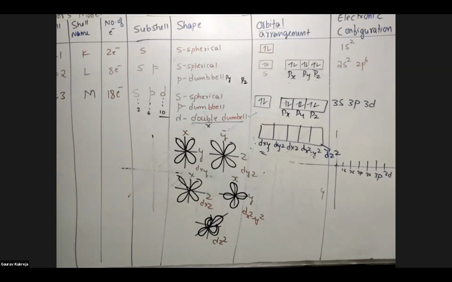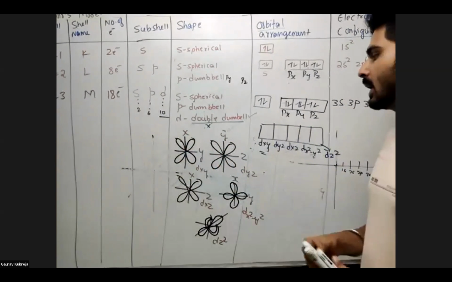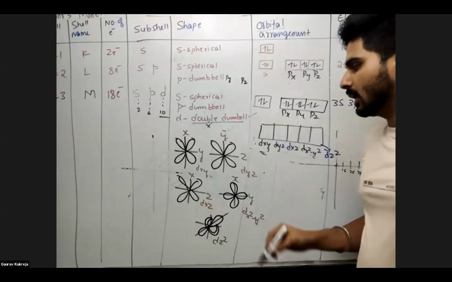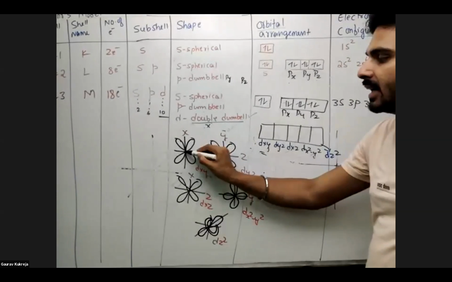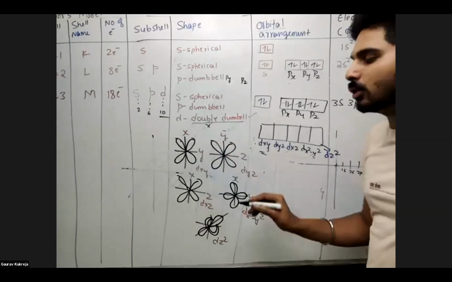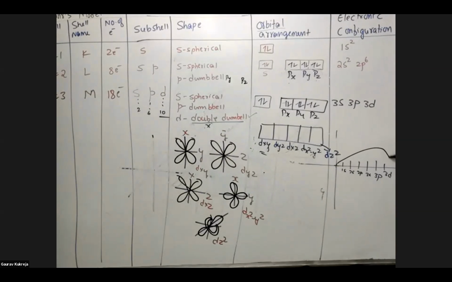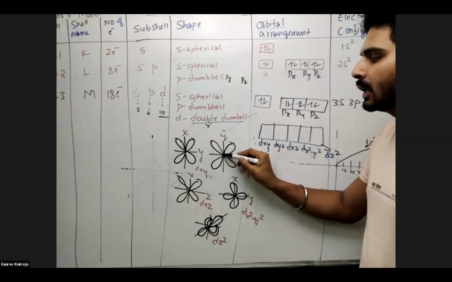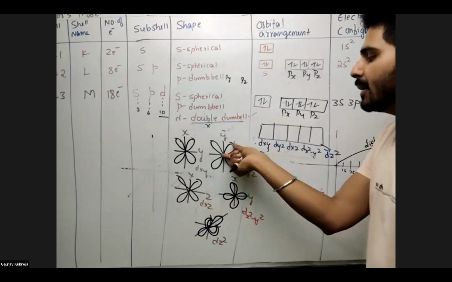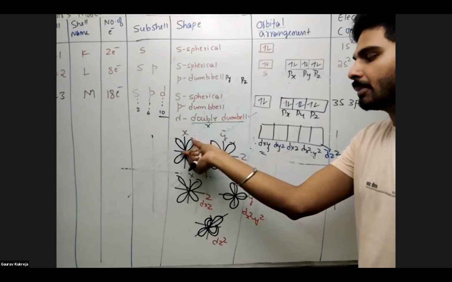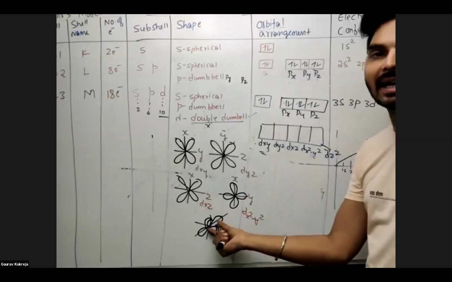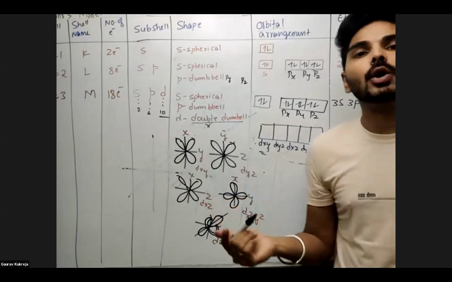Now filling will be, remember these are the shapes. Now filling will be very similar to that earlier thing. That means, as an electron, if you see, since from the center they are at the same distance from the nucleus, definitely they are at the 3d, so this is the distance, but this distance will be similar. If you go in the xy plane, this is the distance, sorry, yz plane, this is the distance. Same distance will be there in the xy plane, same distance there will be in the xz plane, same will be in the y axis, same will be in the z axis. So that means distance wise there is no problem.